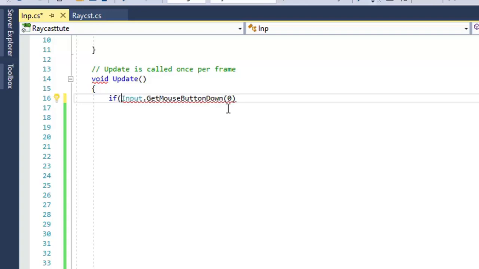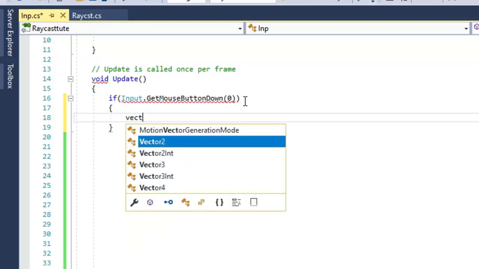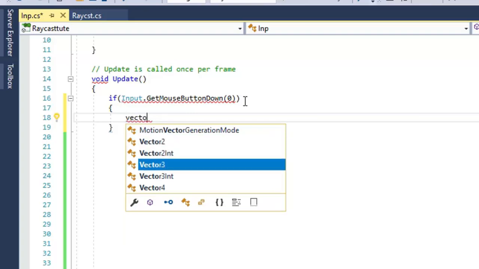If it is true, in that condition I will store the position of the mouse coordinates. Position always returns three coordinates: x, y and z.